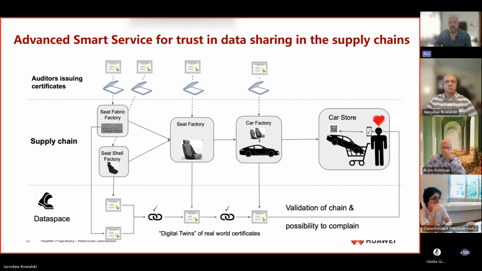Here, for example, the car store could retrieve the information from all the different chains, all the different levels before, for example, to confirm that the car has been manufactured following the standards or the international standards. On the next slide,